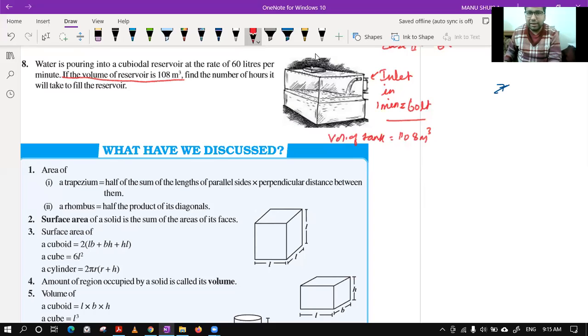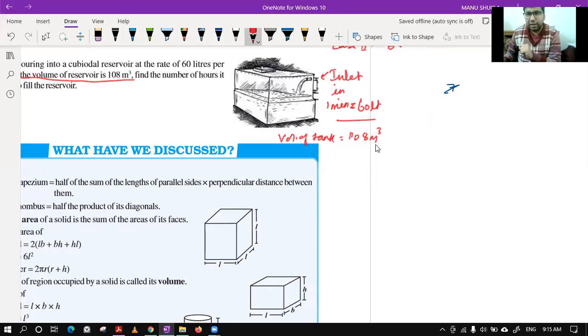If I say let 60 by 60, okay, let's see. First, we need to convert some things. Either we have to convert this one or this one. It is difficult, Rishita. Okay, okay, let's see. First, we can convert some things. Okay, I think converting this in liters will be easy because the inlet pipe is giving the water in liters. We should try to find out this also in liters.